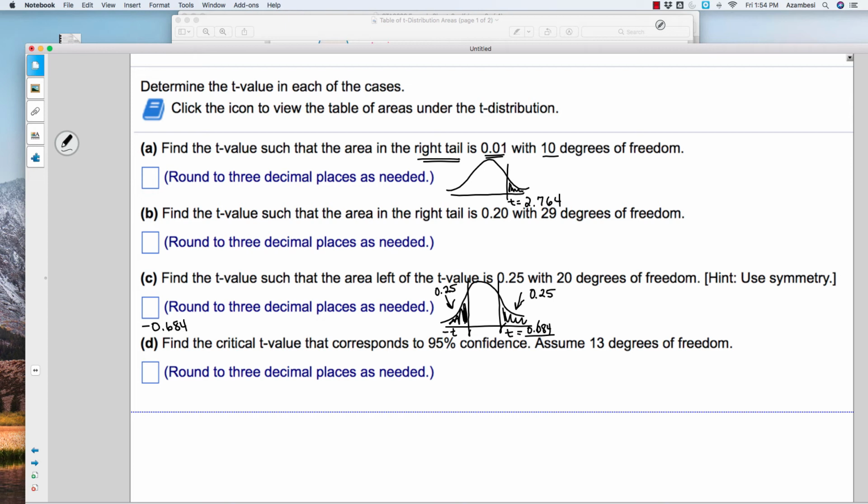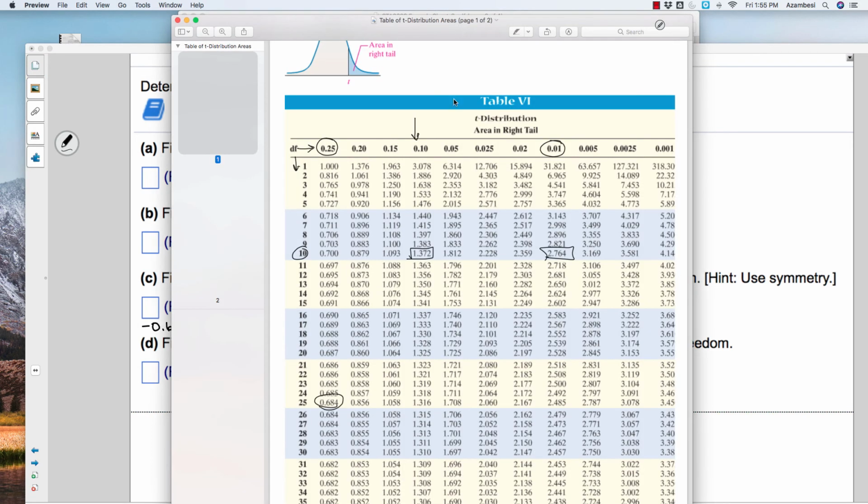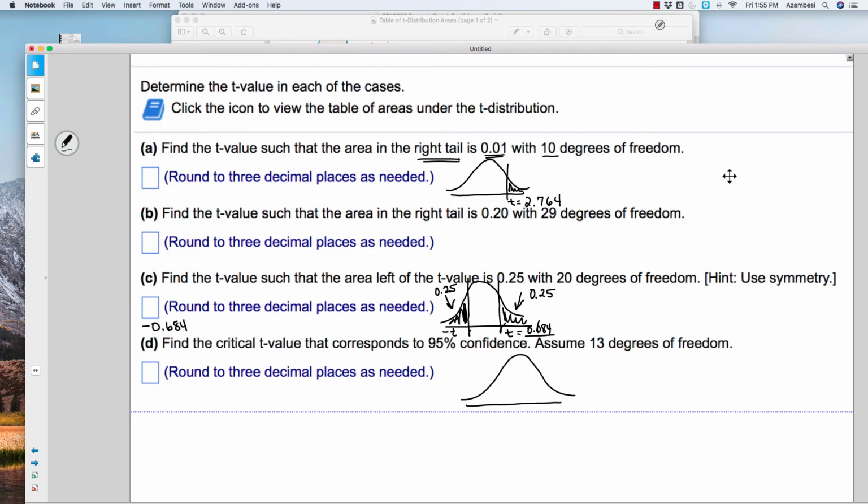Now the last one is the one that we're going to use for this section, and it says find the critical t-value that corresponds to 95% confidence. Unlike the z-table, you don't have this nice use-these-for-confidence-intervals row. Although there is another t-table on e-learning that will give you some two-tailed values of t, this one that's on my StatLab does not. So if you are looking here,